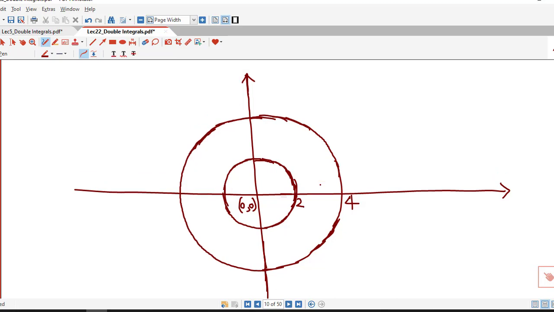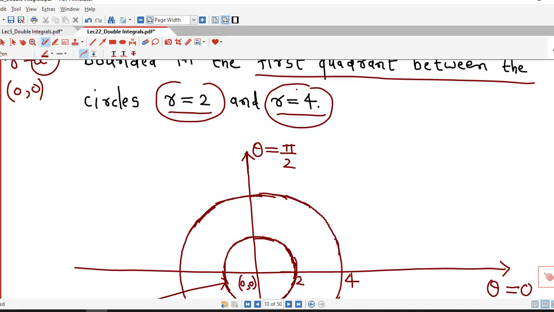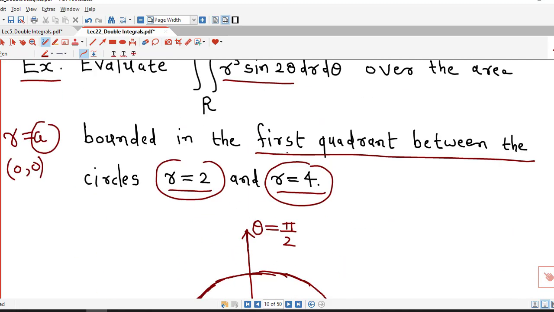Now our region. First we mention that this circle is r equal to 2 and this represents the circle r equal to 4. This is the x-axis, which we can represent by theta equal to 0. The y-axis can be represented by theta equal to pi by 2. Now our region is the area bounded in the first quadrant between the circles r equal to 2 and r